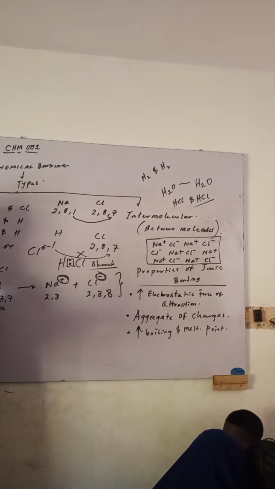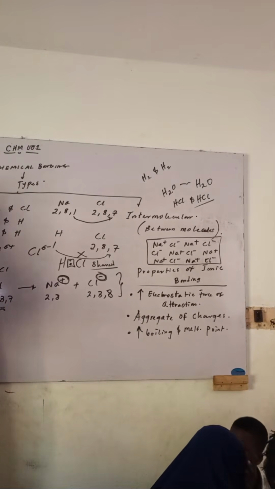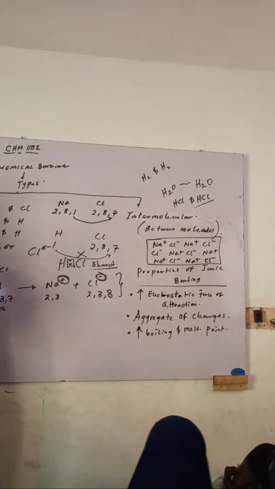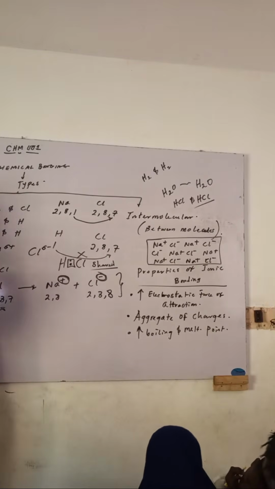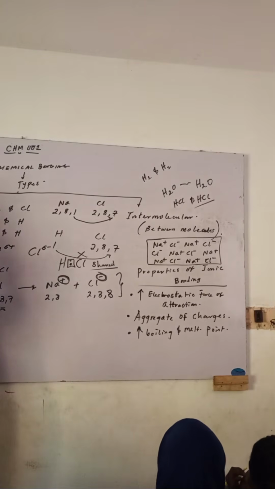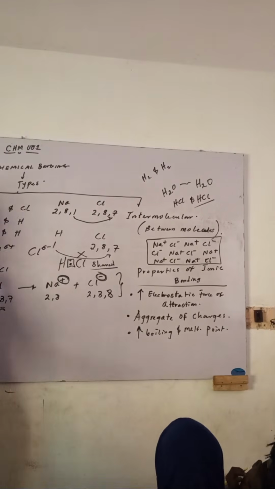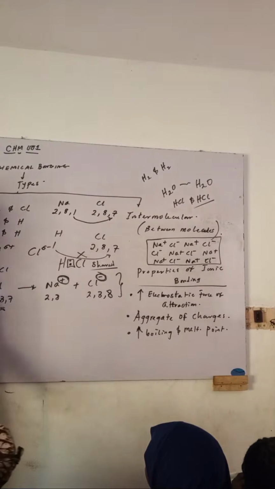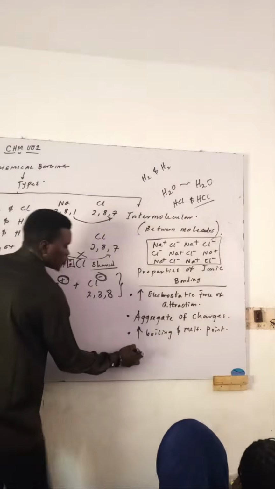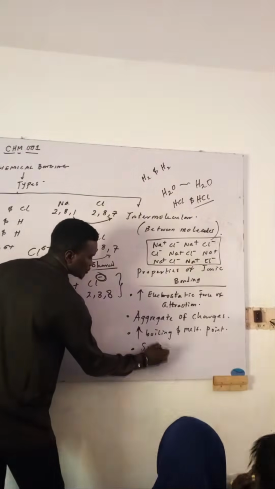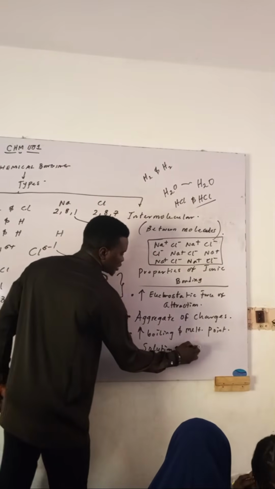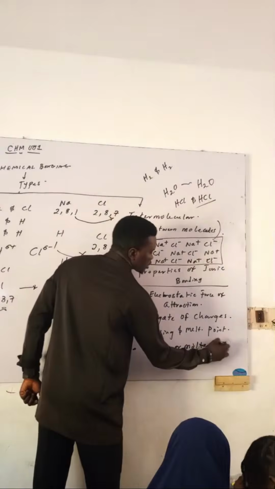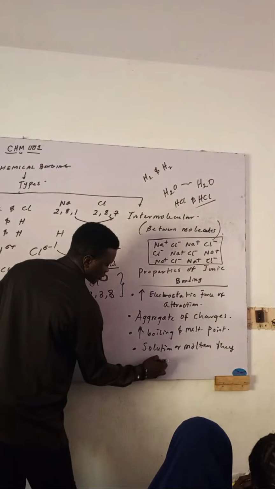But when sodium and chlorine come together, they link up. And if you have been studying electricity, movement of charges will bring about electricity. But for sodium and chlorine as solid, they don't move. They are together as a solid. But when you put them in liquid, they are separated. We call it solvation. At the end of the day, when they are in solution or molten, they conduct electricity.